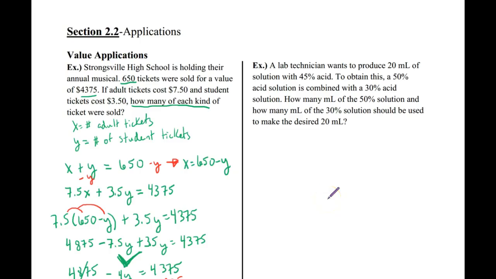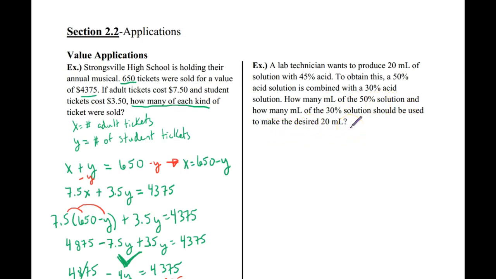In this video, we're going to be solving systems of equations that are application problems. And this one in particular, here on the right, is a mixture problem. It says, a lab technician wants to produce 20 milliliters of solution with 45% acid. To obtain this, a 50% acid solution is combined with a 30% acid solution. How many milliliters of the 50% solution and how many milliliters of the 30% solution should be used to make